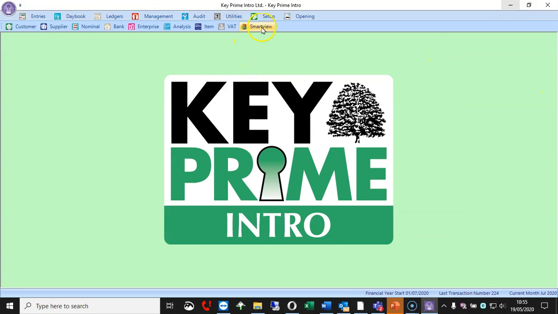Lastly, Smart View is new. I happen to be working on the next version that you will get in the next few months, and it includes Smart View, which is a graphing of cash flows and things like that, which we are putting into the next version of KEYPrime Intro.